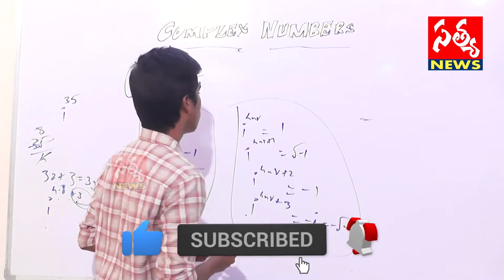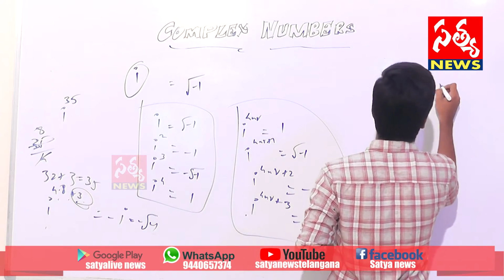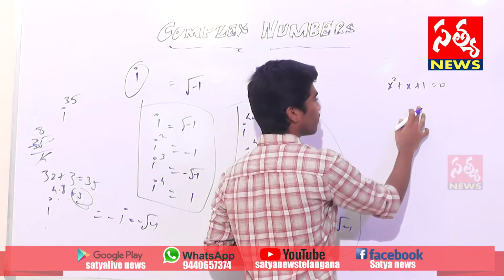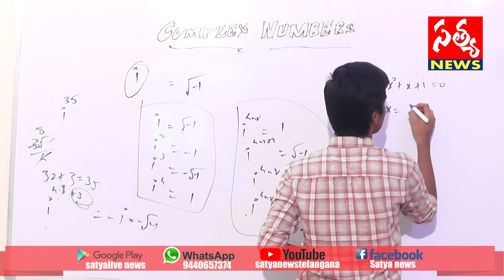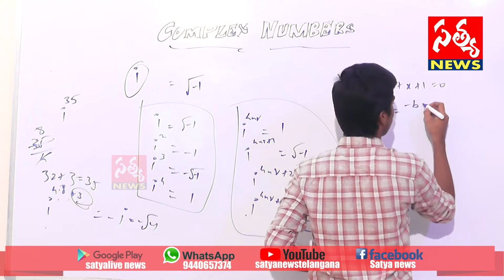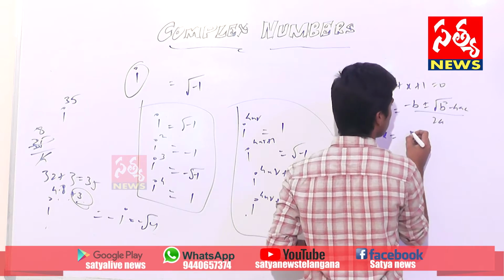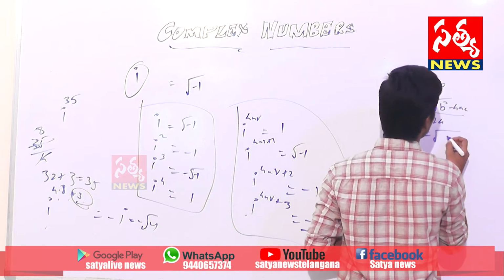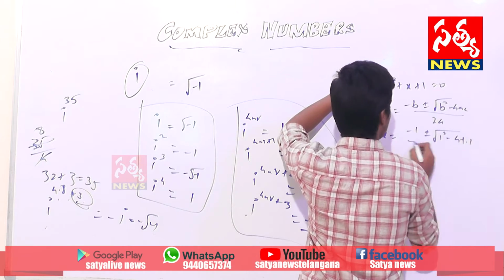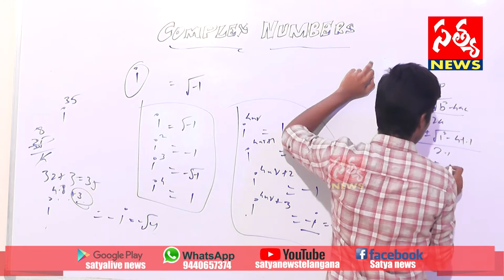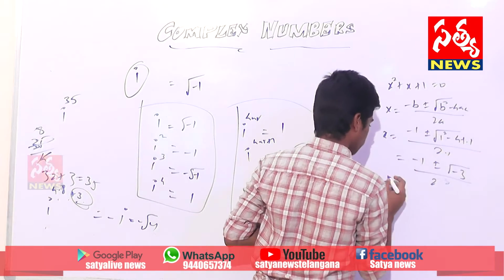Okay, and next, how is omega derived? x square plus x plus 1. This is a quadratic equation which does not have real roots. You can verify also. x equals, by using the quadratic formula, minus b plus or minus under root b square minus 4ac, by 2a. Now here x equals minus b, that is minus 1, plus or minus under root 1 square minus 4, where a is 1 and c is also 1, by 2a. That gives minus 1 plus or minus root of minus 3, by 2.